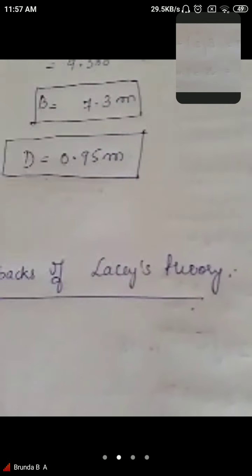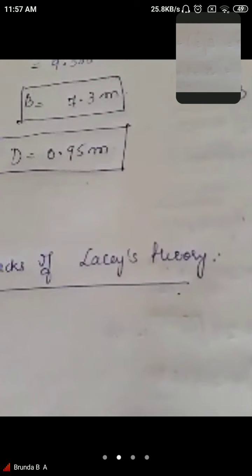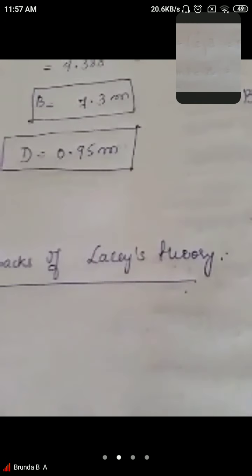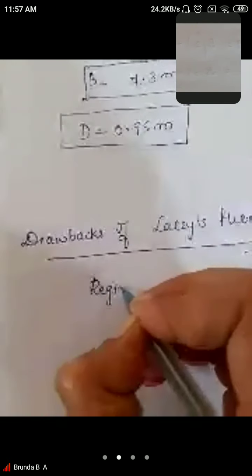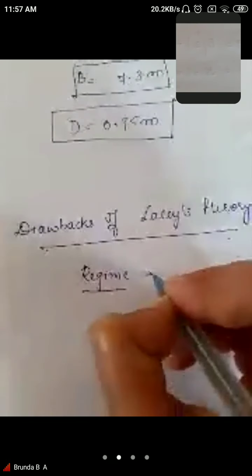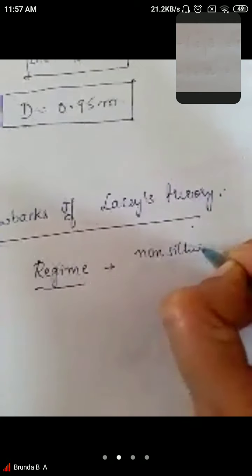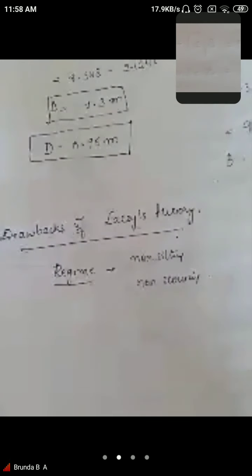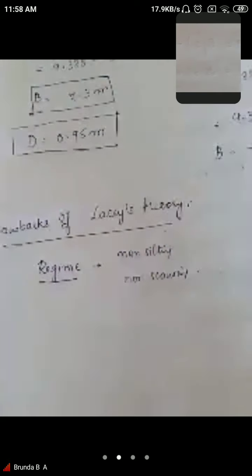So even though Lacey tried to overcome the problems of Kennedy's theory, we cannot consider that Lacey's theory is perfect. Why are we not considering it perfect? Lacey has used the term regime. We know the word regime means a non-silting and non-scouring structure. But in his theory, he has nowhere specified about these two